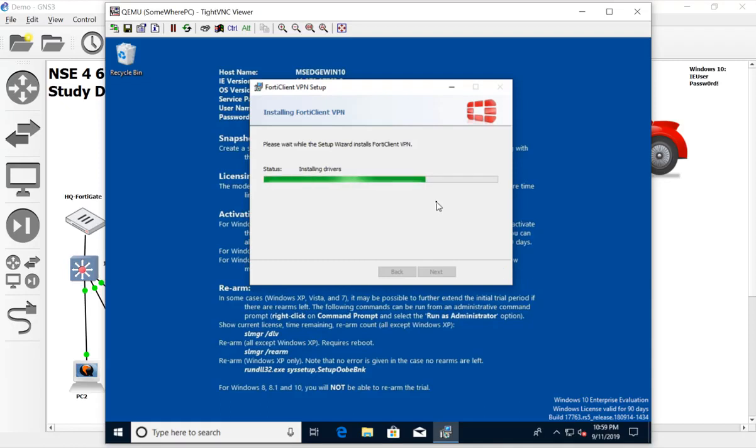So it's installing drivers, and that's actually what happens. It installs a virtual interface that essentially acts as the point where it's going to encrypt the tunnel. So once it does it,